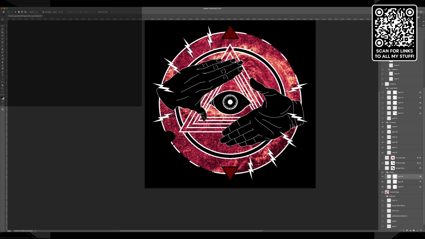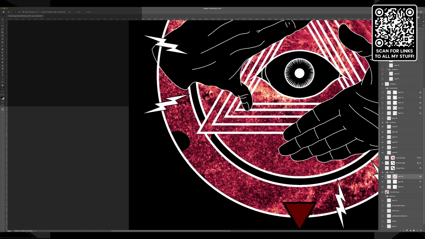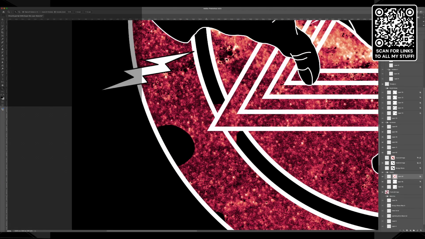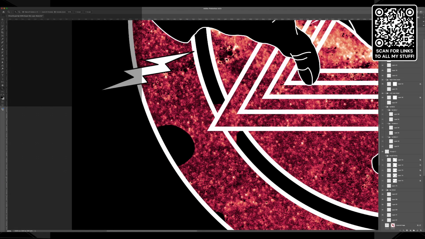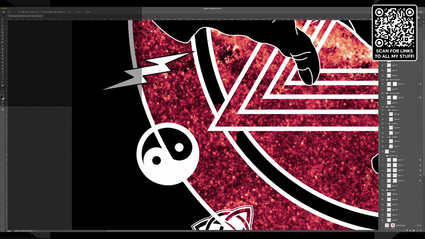What is this? Oh, that's the layer mask. Okay, got it. Why did it cut this out? Oh, I know why, because that's where the symbols are. I know why I cut that out. All right, so bring the symbols back. Okay, let's bring all this. Wait, where's this symbol? Whoa. Jeez, panicked myself for a minute there.